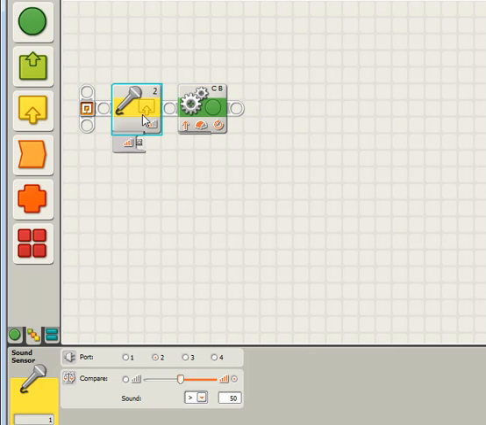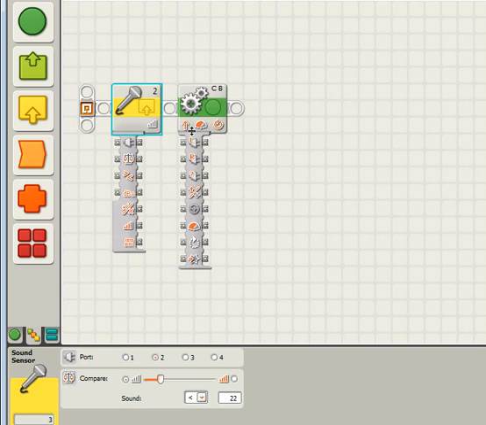And with the sound sensor, we want to come in here and make sure it's assigned to port 2 and that we have the sensor plugged in appropriately on the robot to port 2. Also, it's good to set this to less than, and I even move it down a little bit so it's less than the amount listed here. We know that in this assignment we're also learning about using data hubs, so we have to have our 2